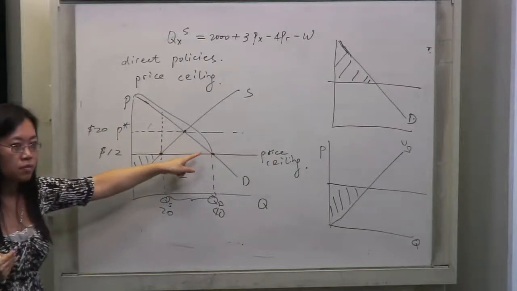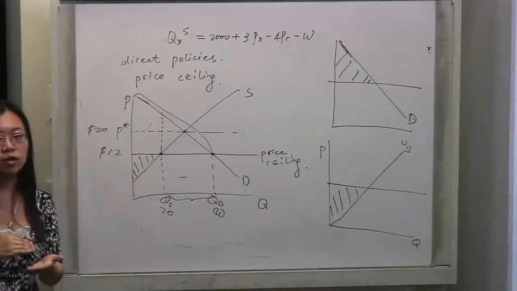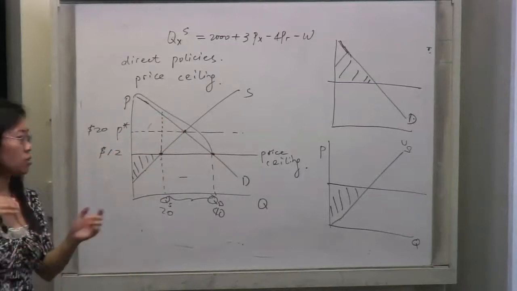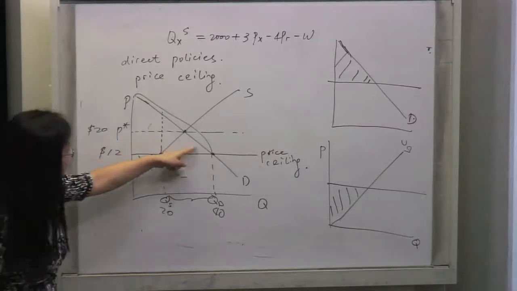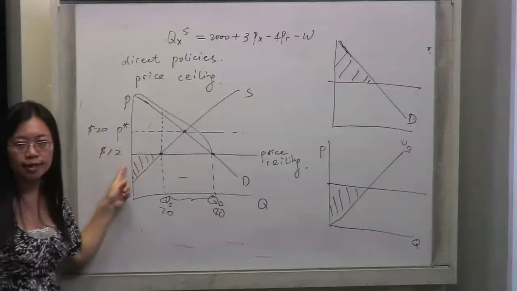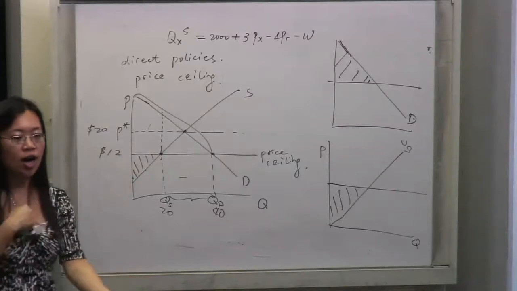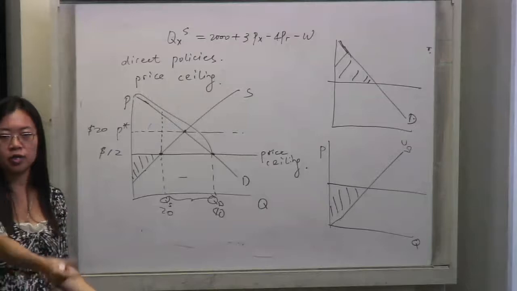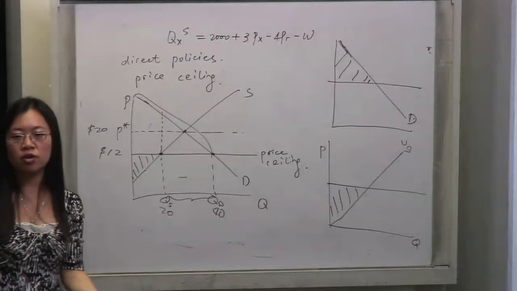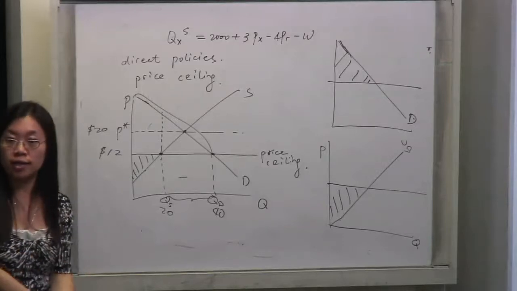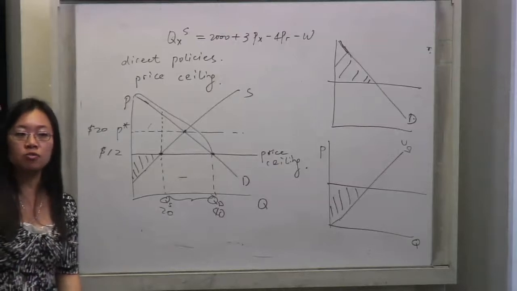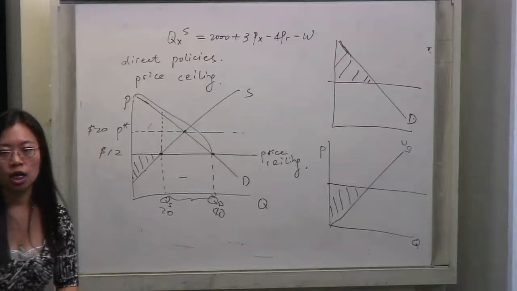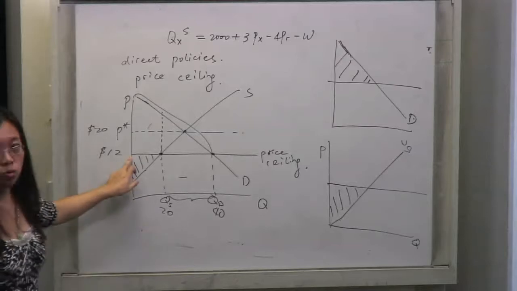Yes, correct. But why do the people who value this good the highest get this good? Why? For this price, any of those people from here to here can get it. If it's $12 and I value it as $13, I can go ahead and get it. And the other person who values it as $25 can also go ahead and get it, right? So why do the people who value the good the highest eventually get it? Because they're willing to pay the most for it, that's all. But the price is only $12.